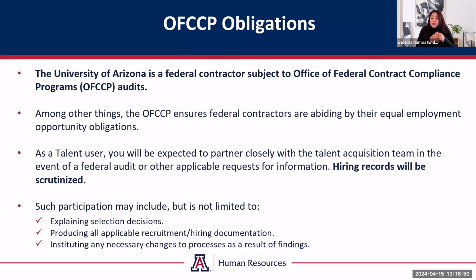We might also ask you to produce other information related to the search that is not typical. So we might ask for information on the selection decisions in terms of messaging that went out to campus or messaging that went out to candidates or messaging that went out to the search committee. So know that the request for information could encompass just standard day-to-day elements, but can extend beyond that to more communication and more detailed information that you might not typically produce, but the OFCCP might want it to make sure that they have a good understanding of the entirety of the process.